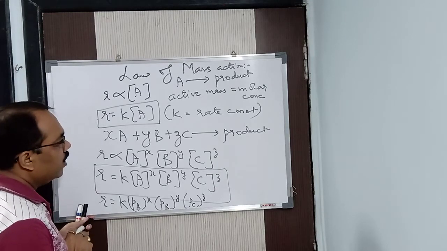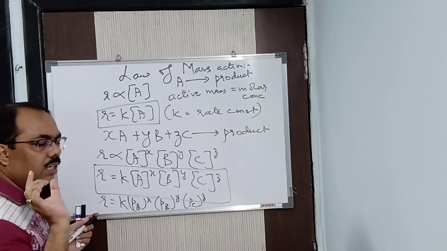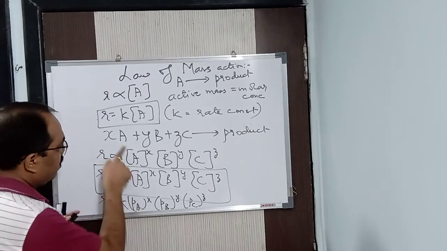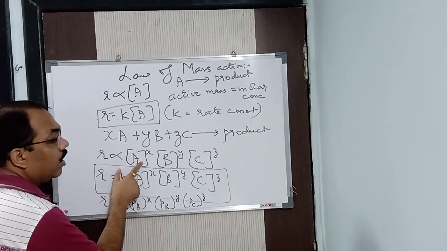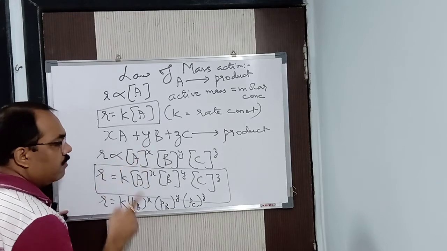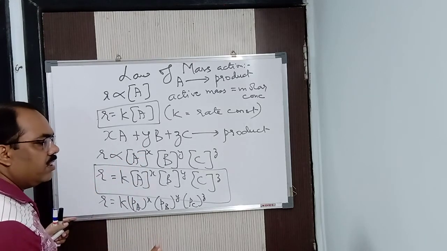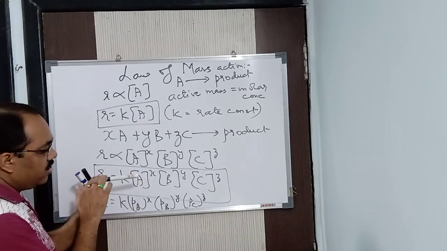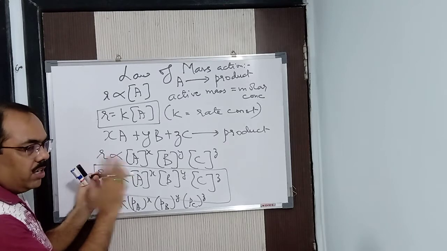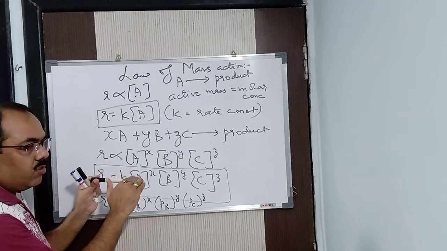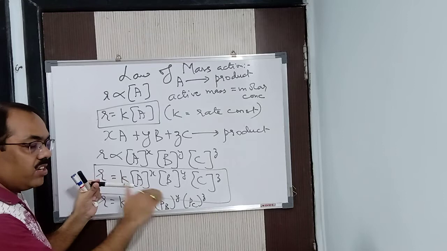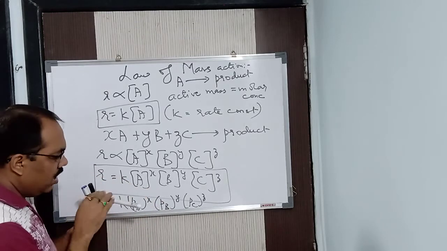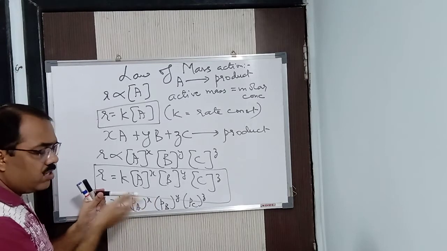What about solid? In solid, no need to write anything, because in case of solid, the concentration is always constant. It is 1 or unity. Suppose A is a solid, then its concentration is 1 or unity. Why? Because in case of solid, the reaction always takes place on the surface of the solid only. The total solid is not involved, only the surface of the solid is involved. Hence the concentration remains constant, that is 1 or unity, because the total solid does not come into play.